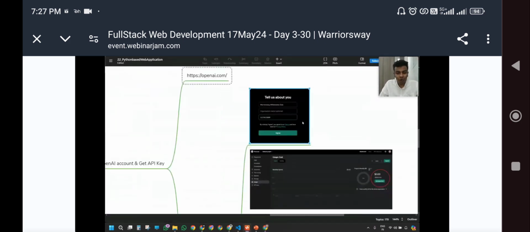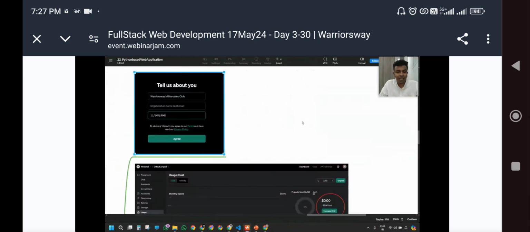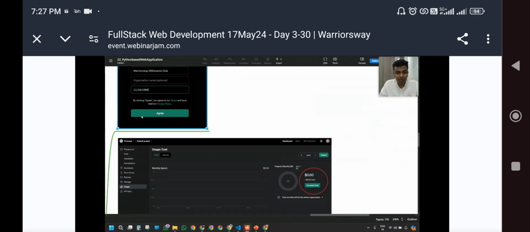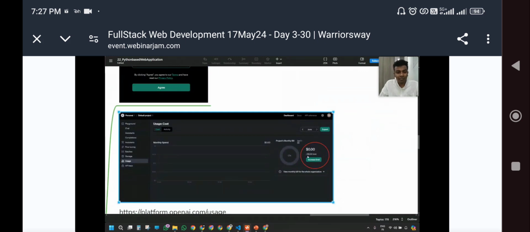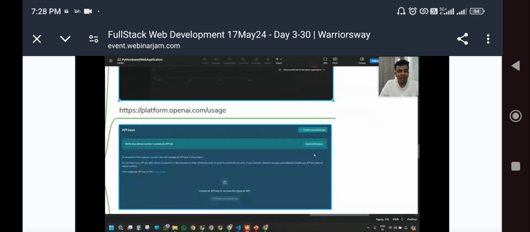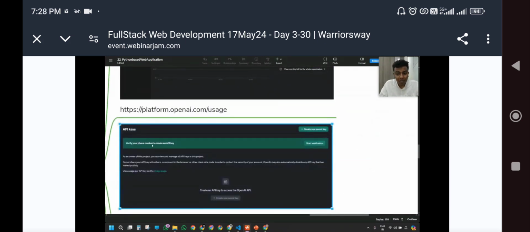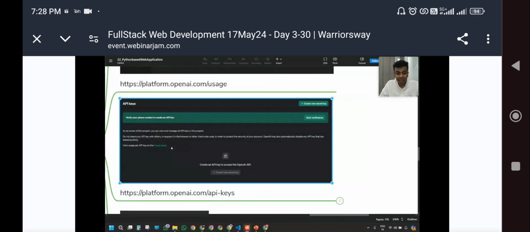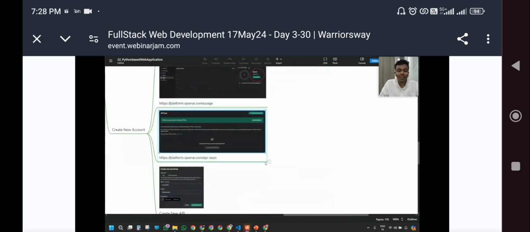This is how it is going to ask you whenever you are creating an OpenAI account for the first time. It is going to ask your name and your date of birth, and it is going to show you the limit like this. Whenever you start doing the verification, guys, this is the step you need to be very careful about. Whenever you are about to create a new secret API key, it will ask you to do a phone number verification. At this time, if you give your old phone number, OpenAI will find out and they won't give you free credits. Please be aware of it.